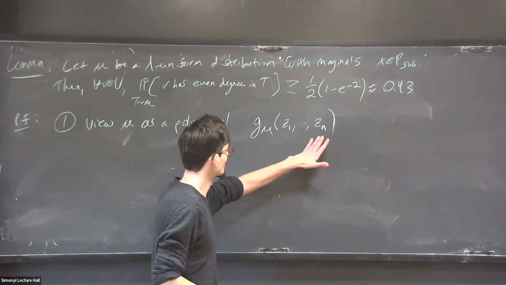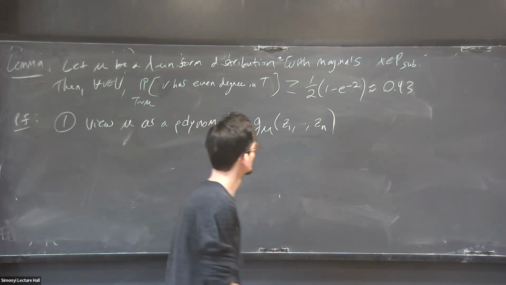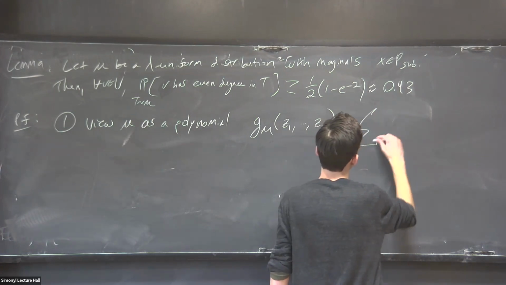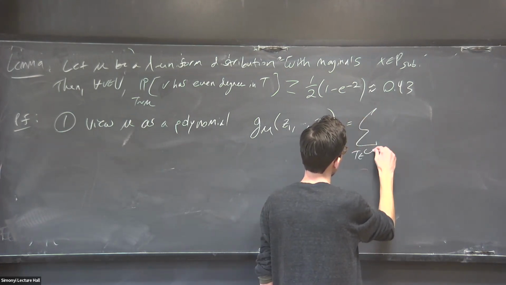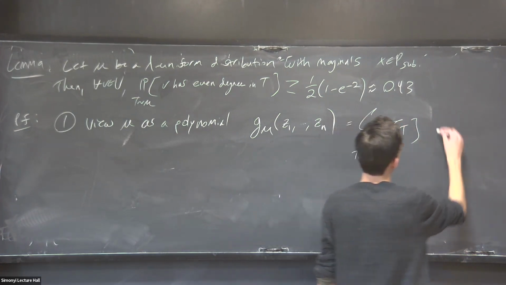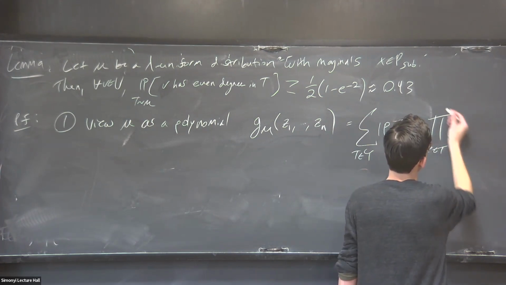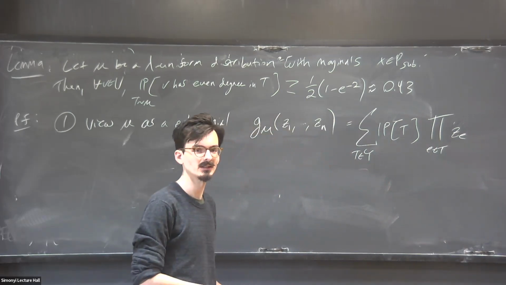Here I'm abusing notation a bit, and n is the number of edges. These are sort of edge variables. This is going to be equal to the sum over all trees of the probability of the tree,